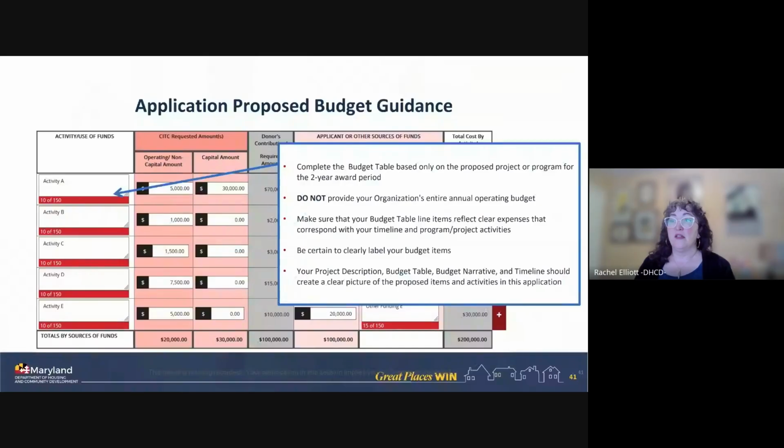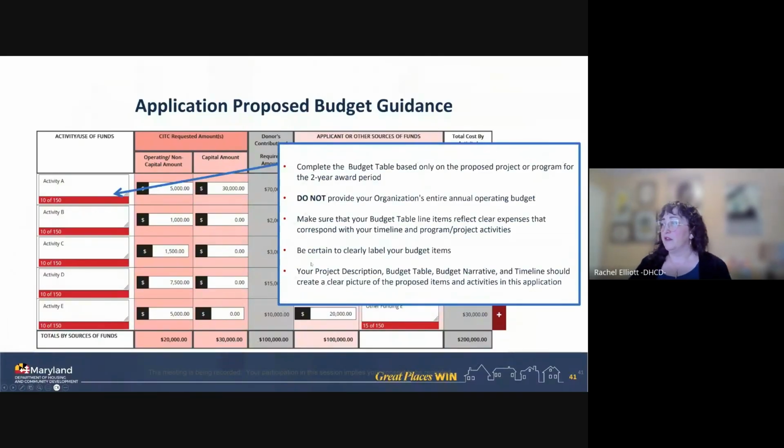Make the activities very clear. They can be specific. You can say, staff time for 4 staff. You don't have to break down everything, because you will have a narrative portion later to do that in. In this orange box, you're going to put in your request for each area, whether it's capital or operating on the first one, or capital in the second one. Like on the first page, it'll automatically populate double of that, the amount of contributions you have to bring in.